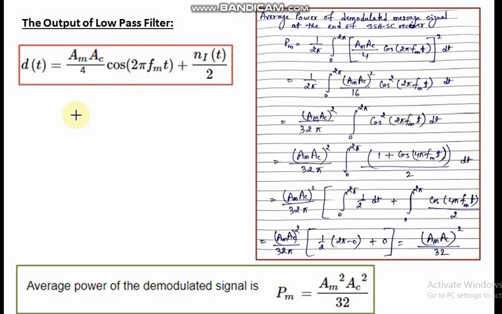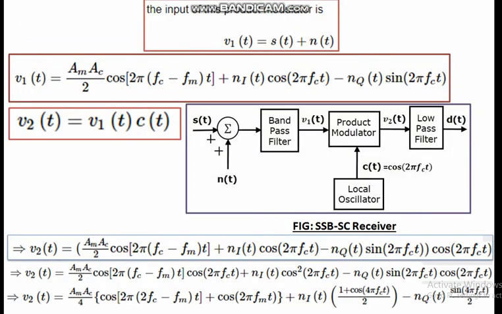Now at the end of the output stage of the receiver, what we are having is the detected value at the end of the receiver, I am showing you here. See, the first term having 2 pi 2fc minus fmt plus cos 2 pi fmt. So this is the first term having been bifurcated in two terms, and this is the second term, and this is the third term.